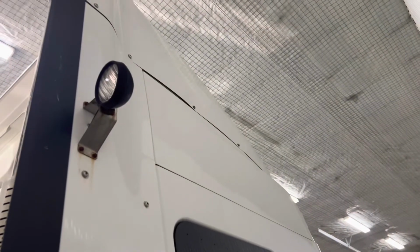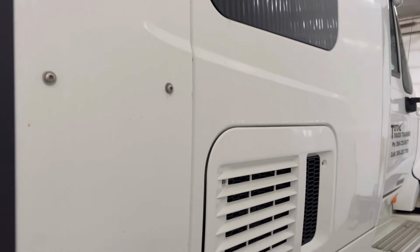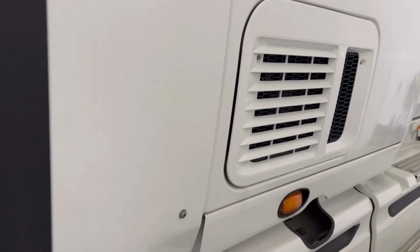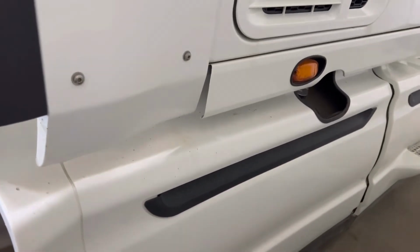Finally, we're going to start on the opposite side, and we can see that our cowling is good, our work light is securely mounted, there is no damage to the side of the vehicle, and that the glass is good. Continuing down to make sure there's nothing sticking out or going to cause any hazards along the way. Moving down, we have our hazard lights, which is securely mounted. We have our death cap, which is